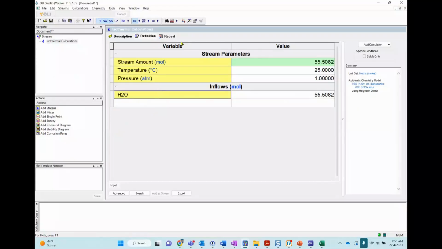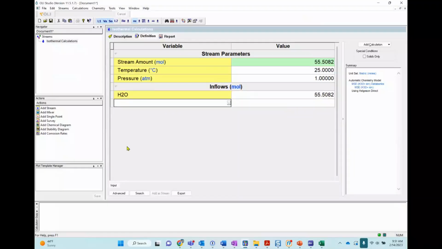There are other settings: temperature and pressure, 25 degrees C and 1 atmosphere. This stream amount is the addition of all the inflows that you add here. Currently it is 55.5082 moles of water, which is equivalent to 1 kilogram of water.